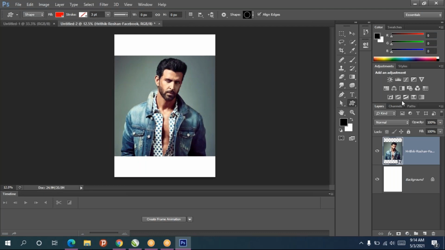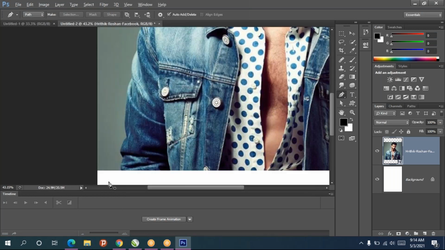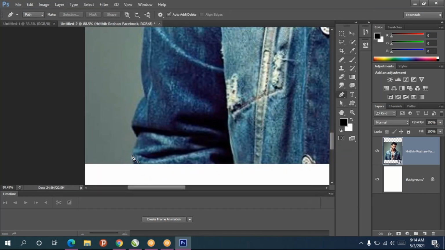Give enter. Then take the pen tool. Select the photo properly.